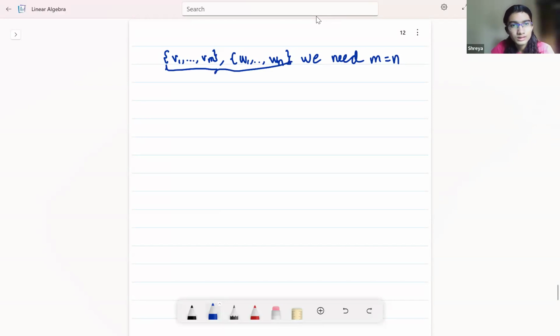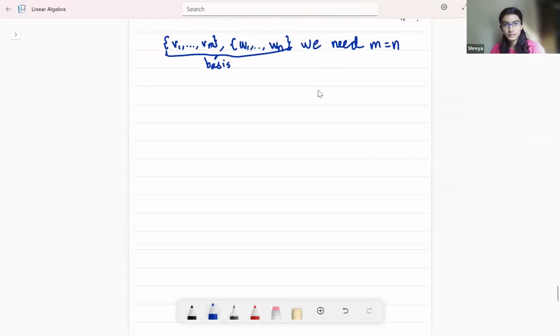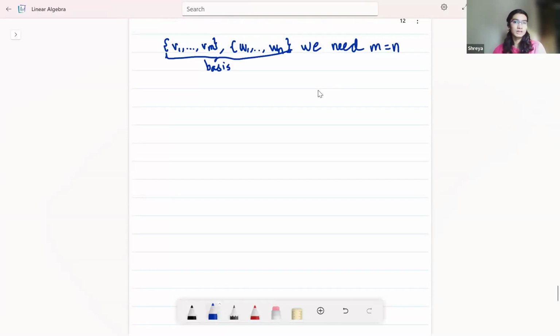What if these are two bases? Okay, so to do this, the argument is that we'll systematically do